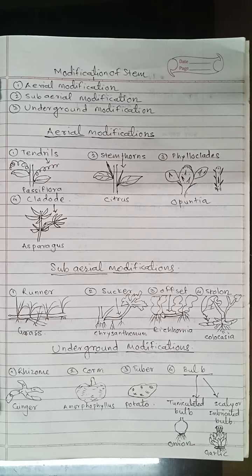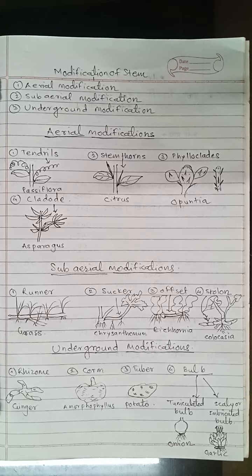Third modification of stem, aerial modification, is phylloclade. It is also called as cladophyll. The phylloclade is special modified photosynthetic stem present mostly in xerophytes. It is green, flattened or cylindrical structure which has distinct nodes and internodes.